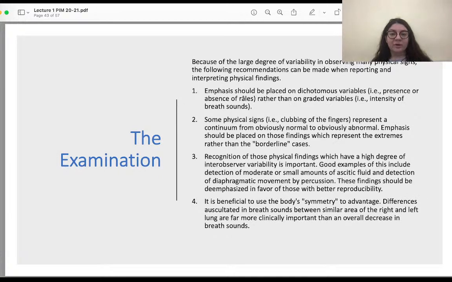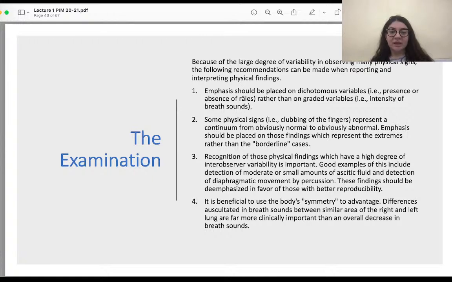Because of the large degree of variability in observing many physical signs, the following recommendations can be made when reporting and interpreting physical findings. Emphasis should be placed on dichotomous variables rather than graded variables. Some physical signs, like clubbing of the fingers, represent a continuum from obviously normal to obviously abnormal. We name them non-specific. Recognition of those physical findings which have a high degree of inter-observer variability is important. Good examples include detection of a moderate or small amount of ascitic fluid and detection of diaphragmatic movements by percussion. These findings should be de-emphasized in favor of those with better